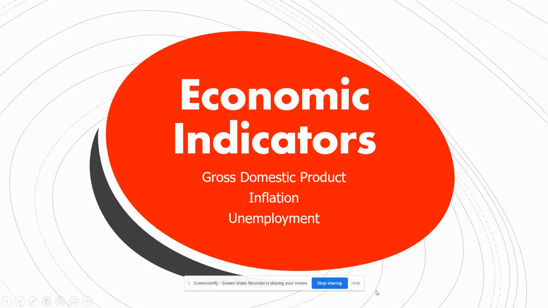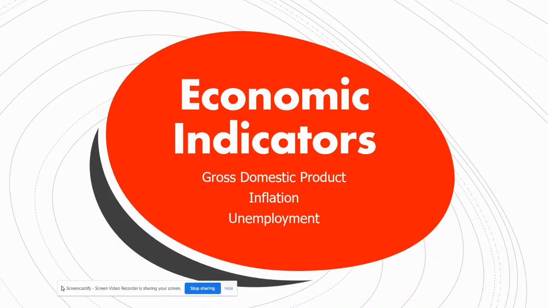So in today's video, we're going to talk about GDP, gross domestic product, and start looking at the indicators so we can understand where we are at in the business cycle and what we can expect to happen. And then that will eventually lead us to what should the fiscal and monetary policy changes be in order to address some of the issues here.